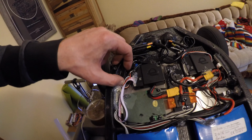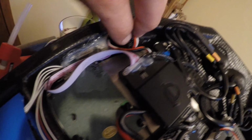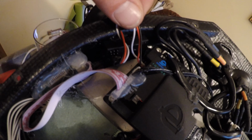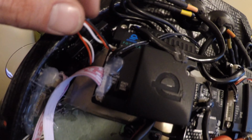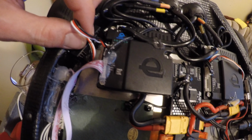this is the original receiver in its original position. I threw it back in there to show you guys what to look for. Okay, it's this little black box. It's connected by a 3-wire connector to the primary FOC box, the master FOC box, which is on the left side if we're looking at it from up here. And there's another 3-wire connection that goes over to the 2-wire connection. That's the communication for the other FOC box. So that's how they're connected, and that's how the receiver talks to both of your motors